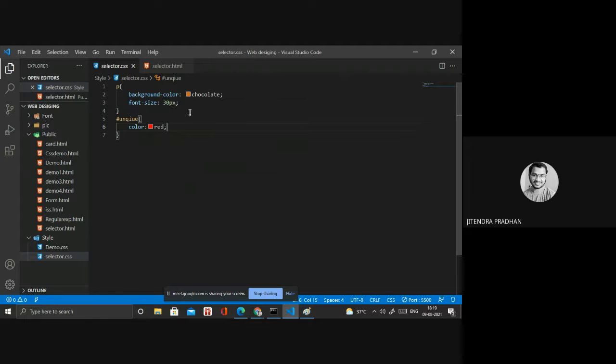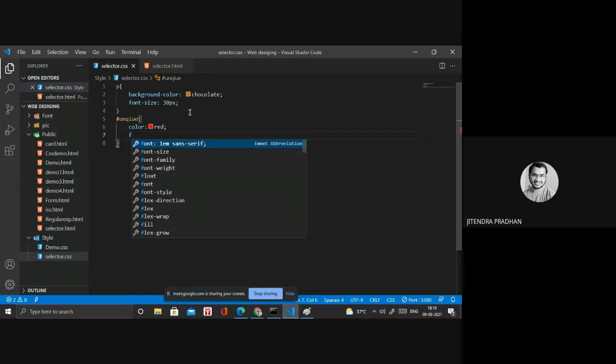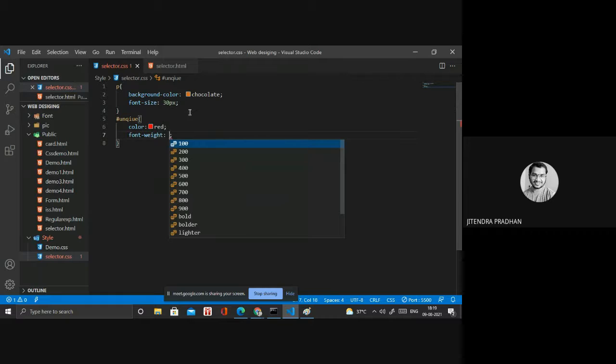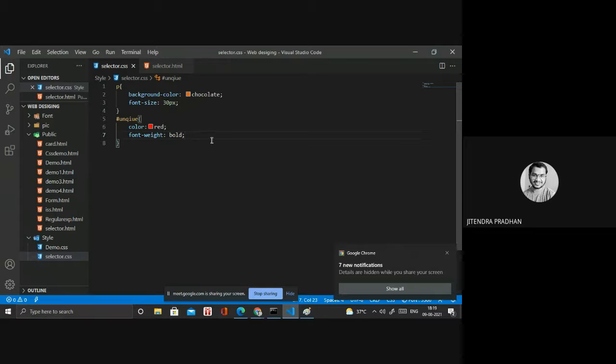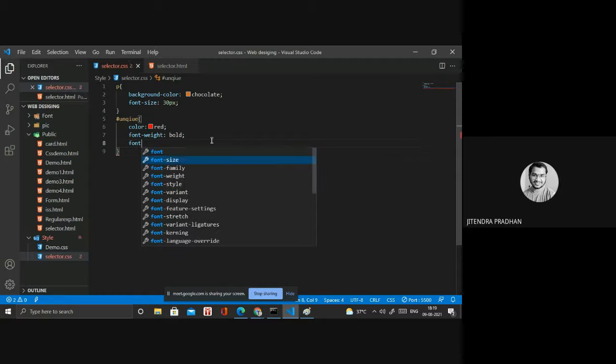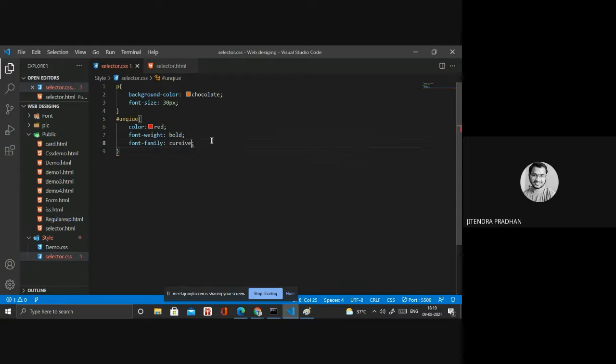Okay, and font family and font weight, font weight is bold. No need to worry about what font weight and color are, I will cover it in detail later. Only see the difference between the id selector and the class selector. I will show you. Next one we require is font family, like cursive. Okay, done.